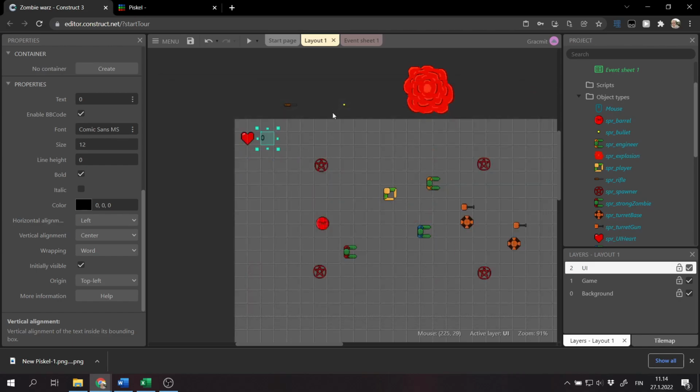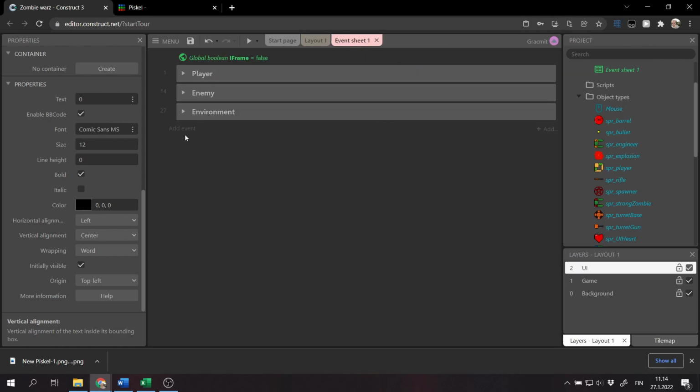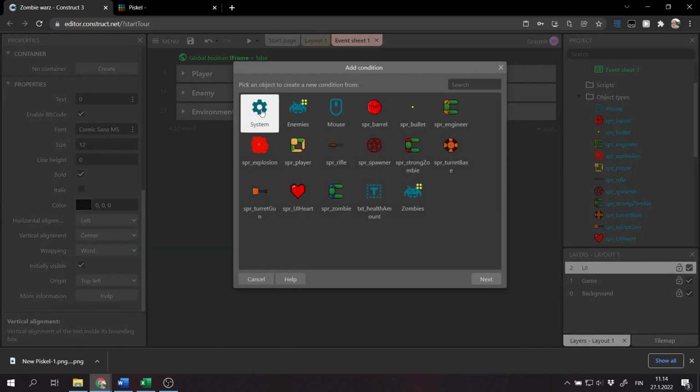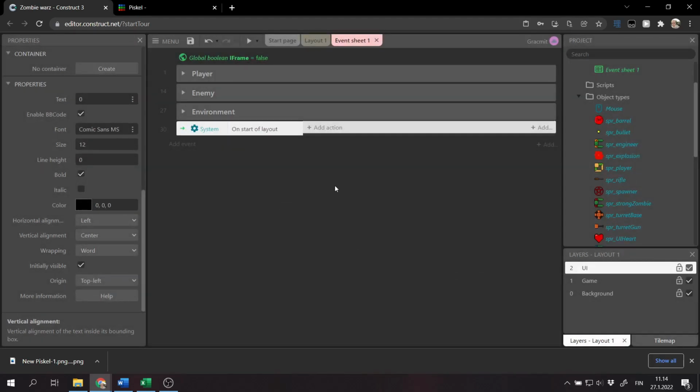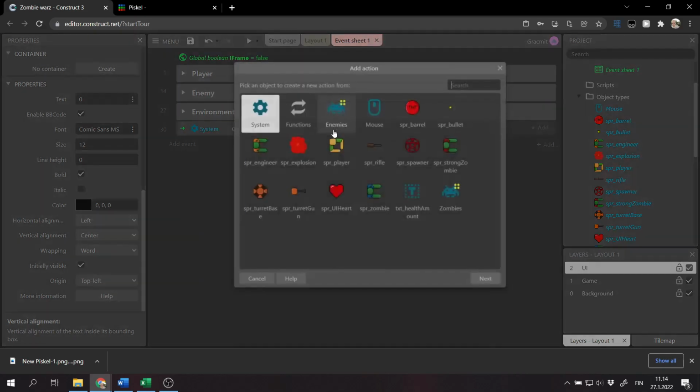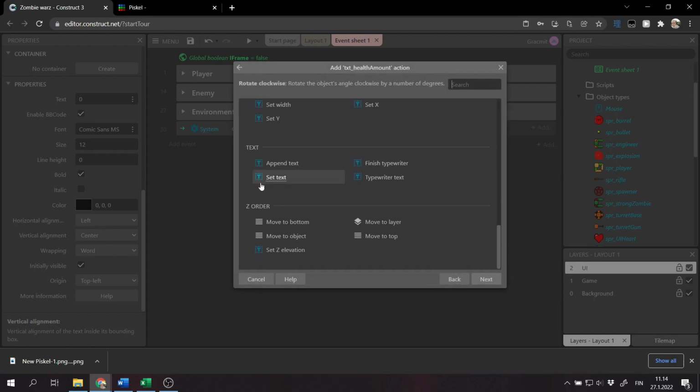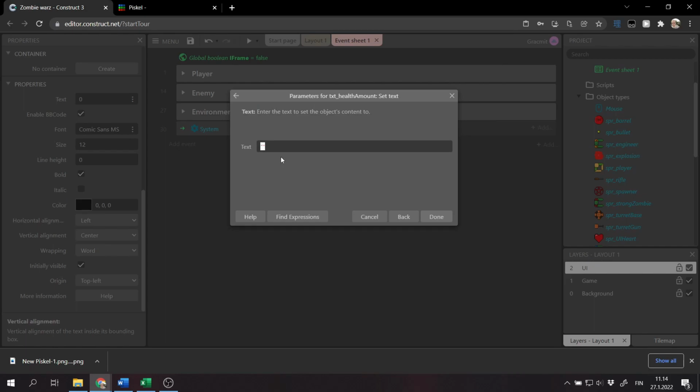And now we need to jump to the event sheet. And of course, first we need to set the health amount to be correct at the start of the layout when we start the game. So let's make an event with the condition on start of layout. And here, how we did the setting the text is we choose the text object and go under here, the text part has the set text action, and we can set it to